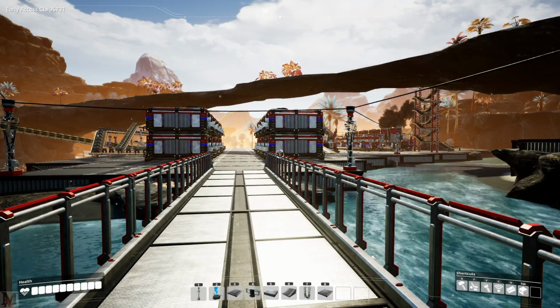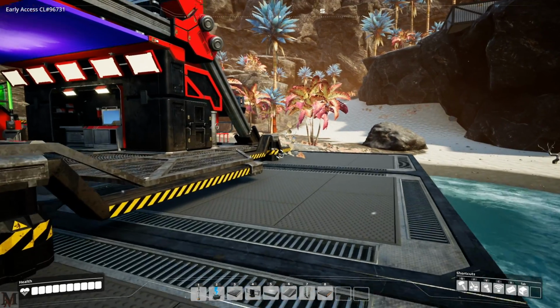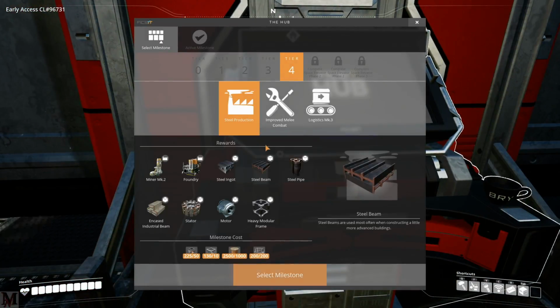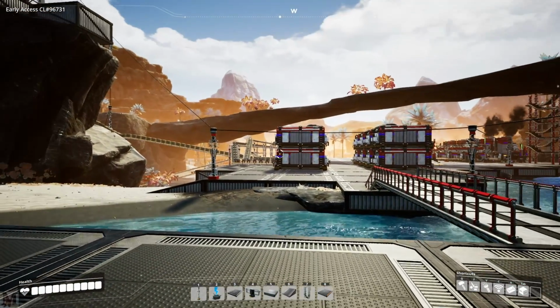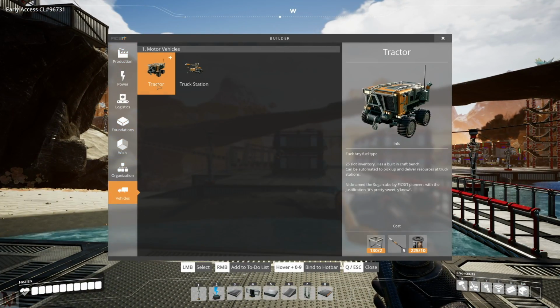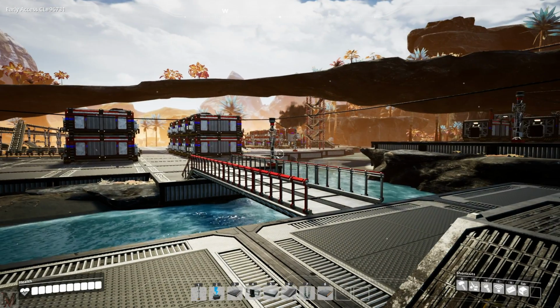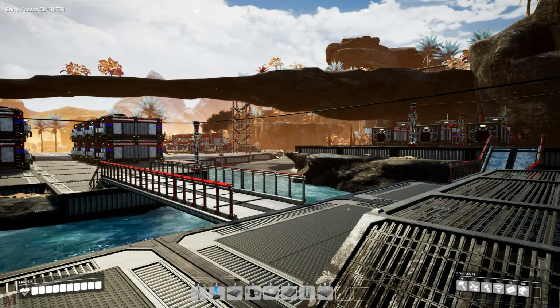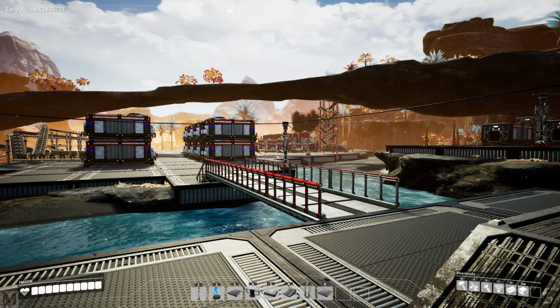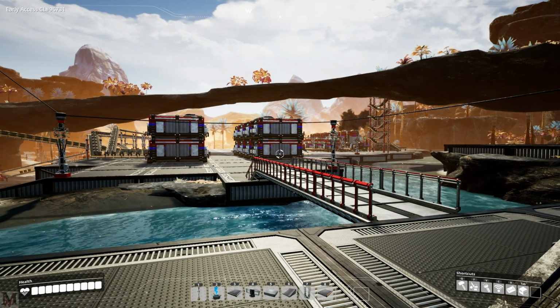One, we need to open up and unlock the steel milestone. On top of that, we need to go out and do some exploring. If you remember right, in the last episode we opened up the tractor. We're going to make a tractor and go exploring. I'm not sure how much we need to actually do it, but we're going to look for two things. We're going to look for power slugs,